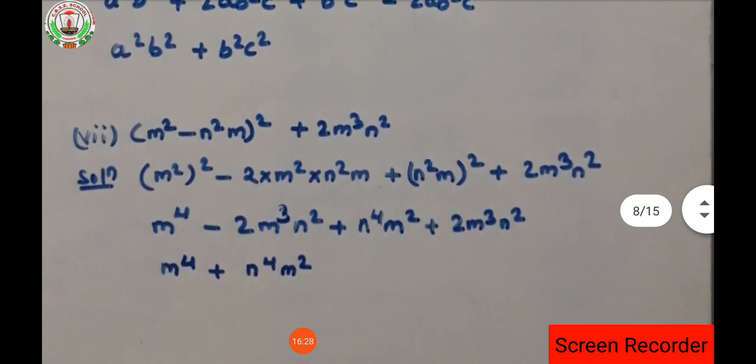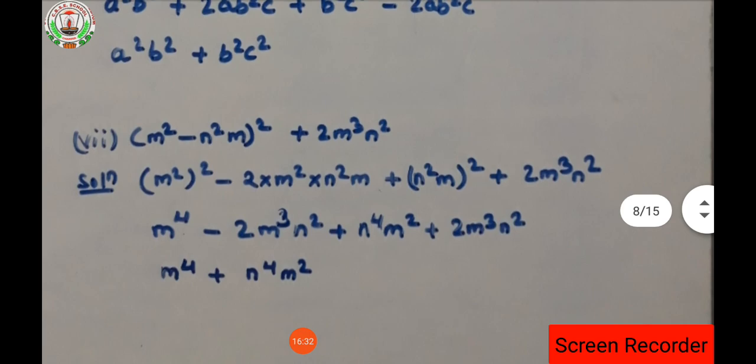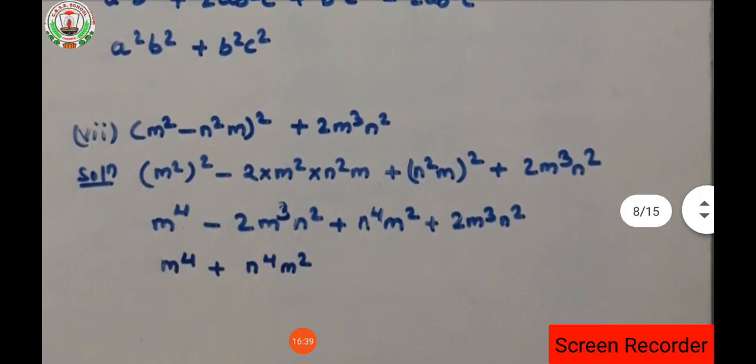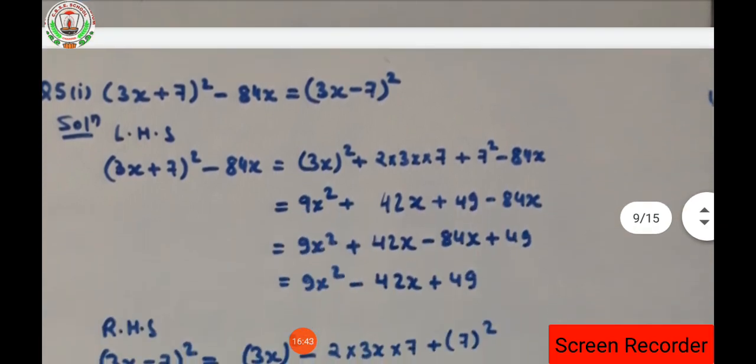Okay, so in the same way you have to solve the question number, which part is it? Question number 4, 7th part. It is the same as the 6th part of question 4. Okay, just go through the solution. Now